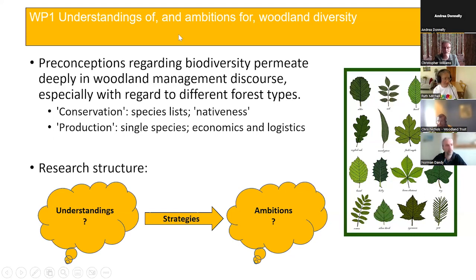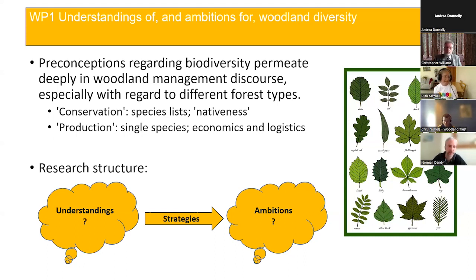Now, we've constructed these two straw people, if you like, in terms of existing ideas about woodland diversity and where resistance to diversification might actually come from. So at one end of our spectrum of straw people, we have the conservation woodland owner who might resist diversifying away from designated lists of species relating to particularly nativeness and provenance and things like that. There may be a restricted range of species on that list that they would not want to stray from, or in fact could not stray from in terms of legislated protected areas and things like that. So that might be one source of